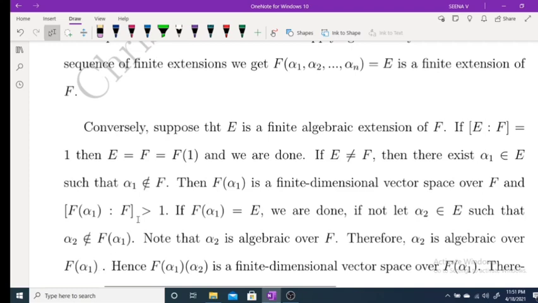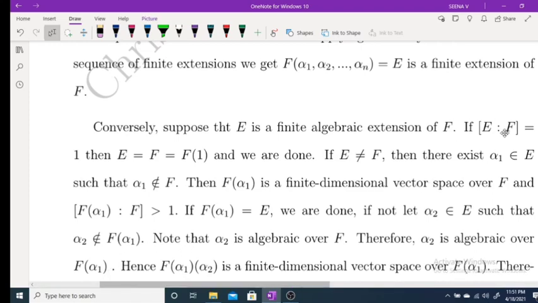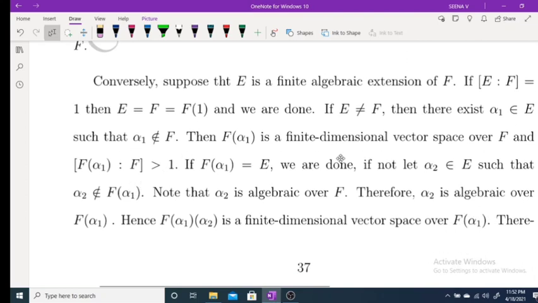Now if the degree of E over F is equal to 1, then clearly E equals F, which is the same as F(1). Now suppose E is not equal to F, then there exists an alpha_1 belonging to E such that alpha_1 does not belong to F. Then F(alpha_1) is a finite dimensional vector space over F, and the degree of F(alpha_1) over F is strictly greater than 1,